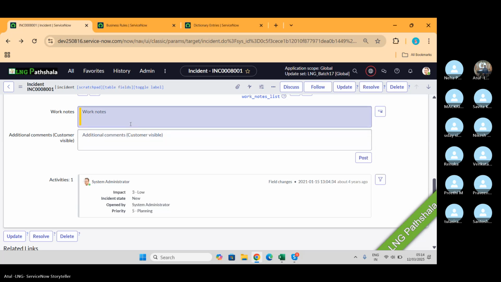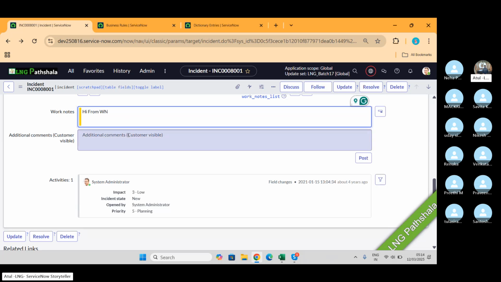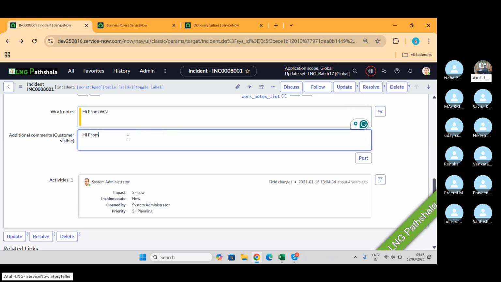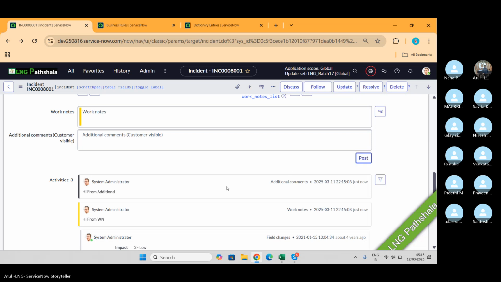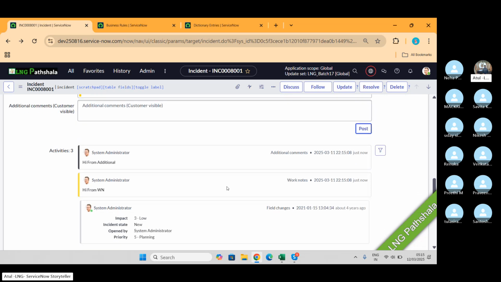So let's say I add from work notes, and from additional comments. Now post. Both create a record in the activity log. These are the core logs. If you make a change in this record,